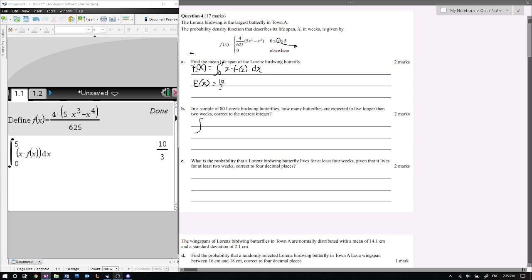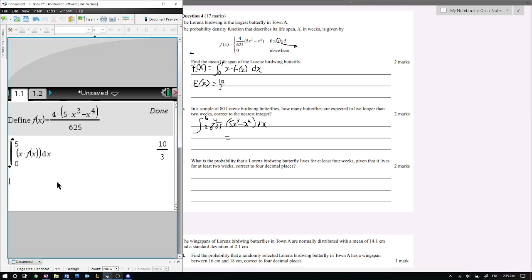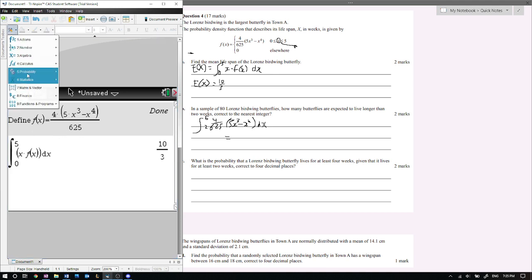So to find the probability, I would just take the area under the graph from 2 to 5, because that's saying the probability of finding a butterfly that would live from 2 weeks to 5 weeks. And I would integrate over my domain. And on the CAS, that would give me